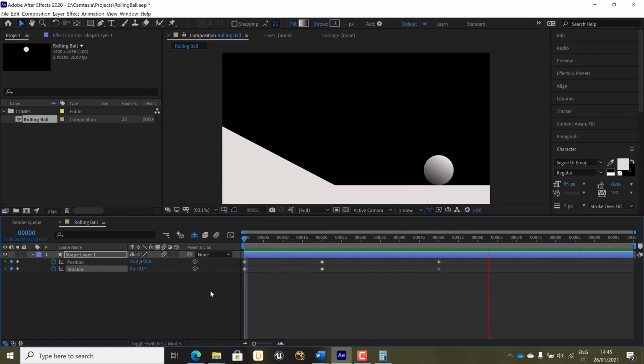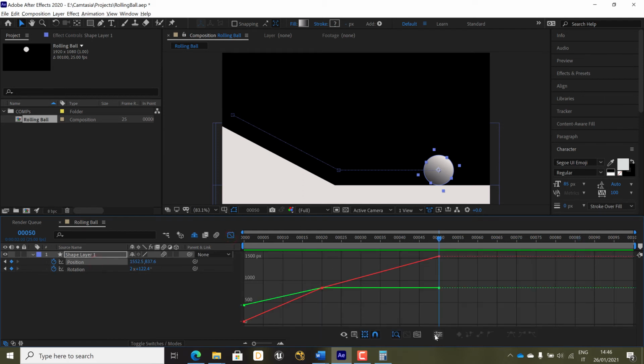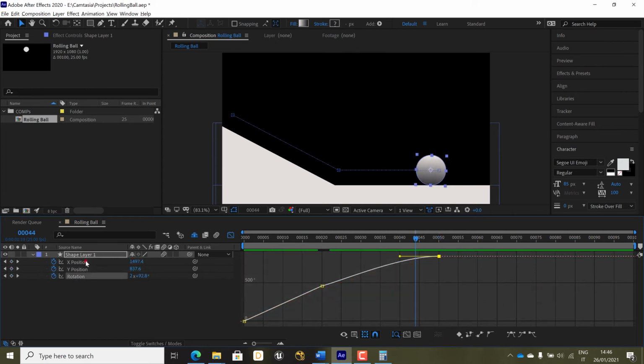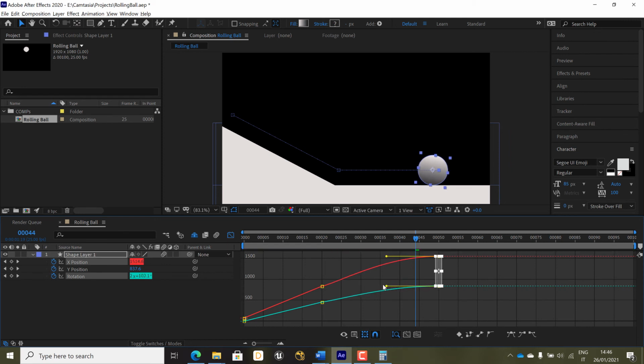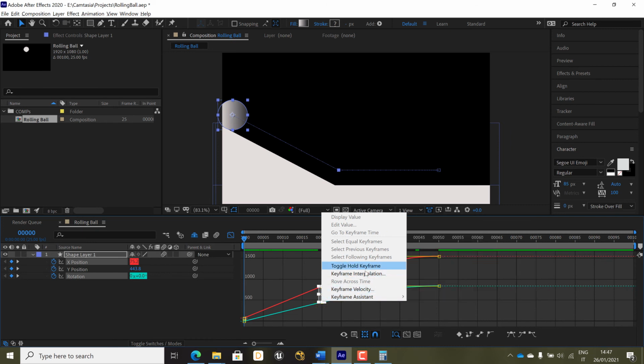The final touch of the animation is to simulate attrition and thus slow down the rolling ball. To do so, we are going to work in the node graph and adjust the temporal interpolation for the X animation and the rotation in the final keyframe. Let's set the temporal interpolation to easy ease and control the two keyframes at the same time. It is important, in order to have a good animation, to make sure that the central keyframe is set on a linear temporal interpolation.